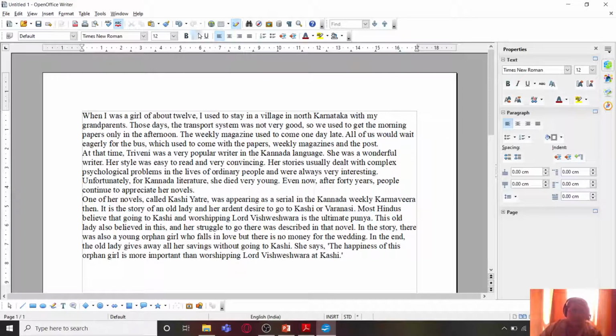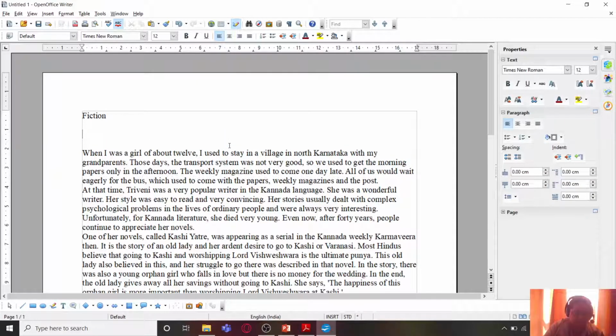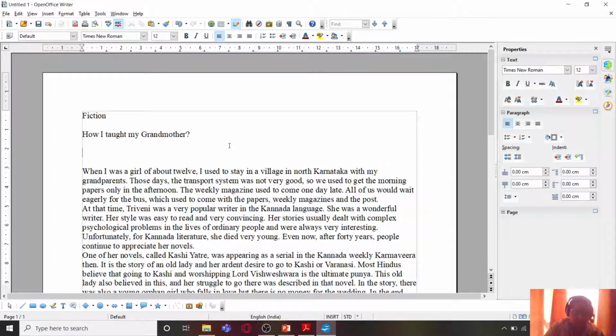Now I'll be switching on the paragraph marker over here to check if there are any additional paragraphs. So no, there are only 3 paragraphs as we needed them. So the paragraphs are there. Likewise, I'm going to also write here some headings. So I just gave some headings over here.